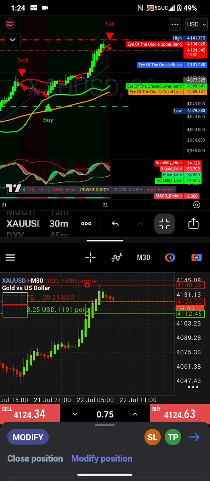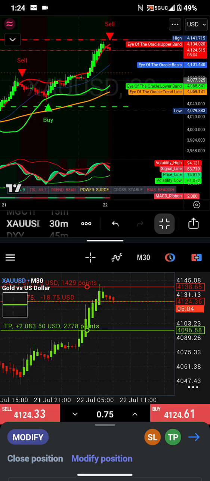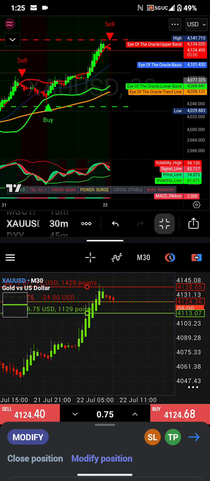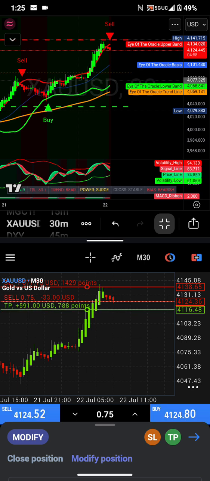So let's say our stop loss was going to be set to the top of that, and our TP was going to be at least the bottom where these three candles line up. All right, we ain't got to set that so high. Let's bring that down to the top of the red candles. All right, it's going to say modify position. Just hit the arrow.